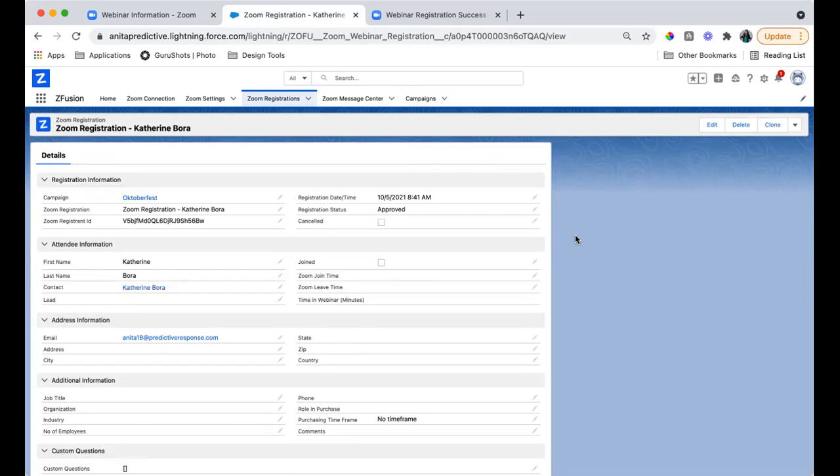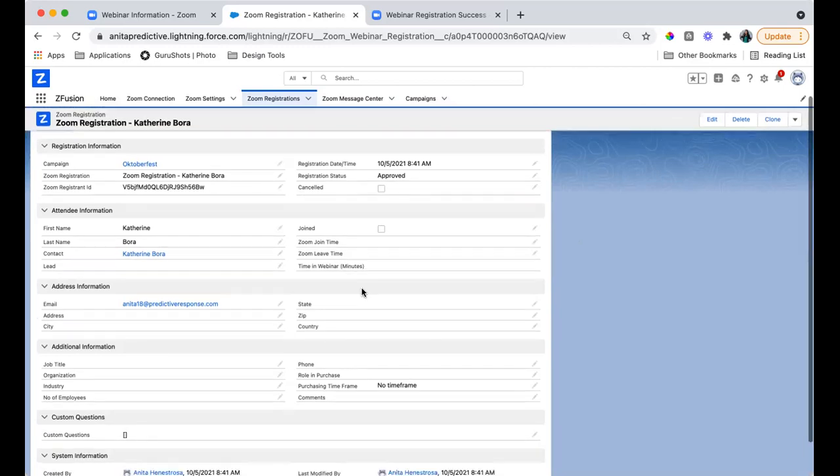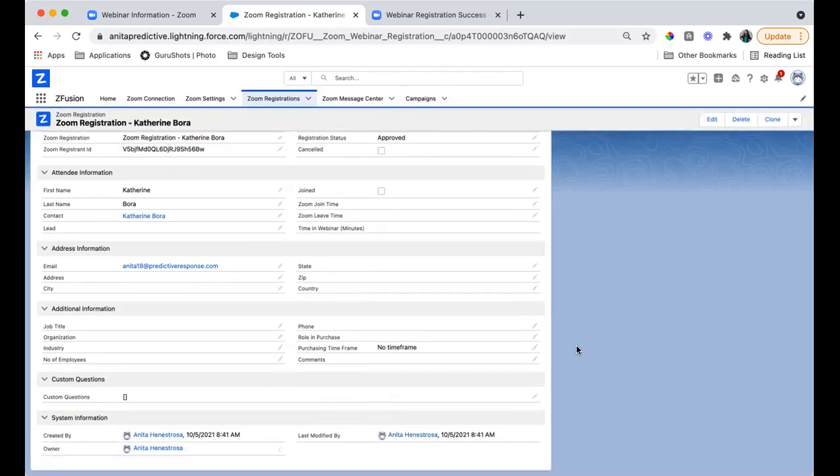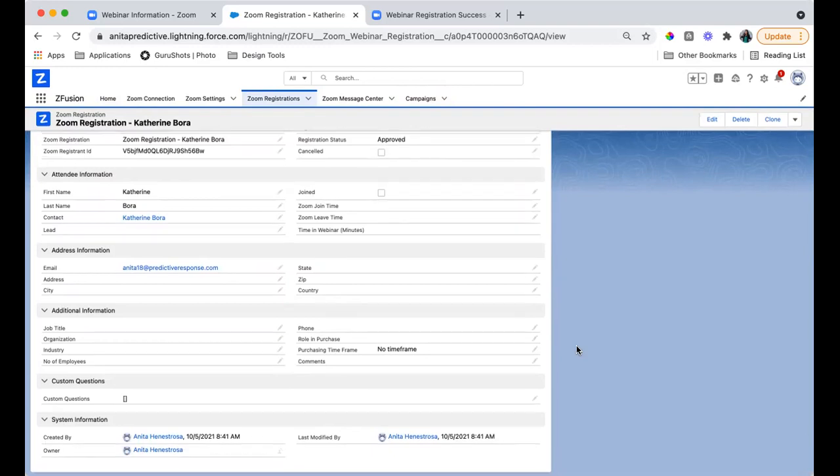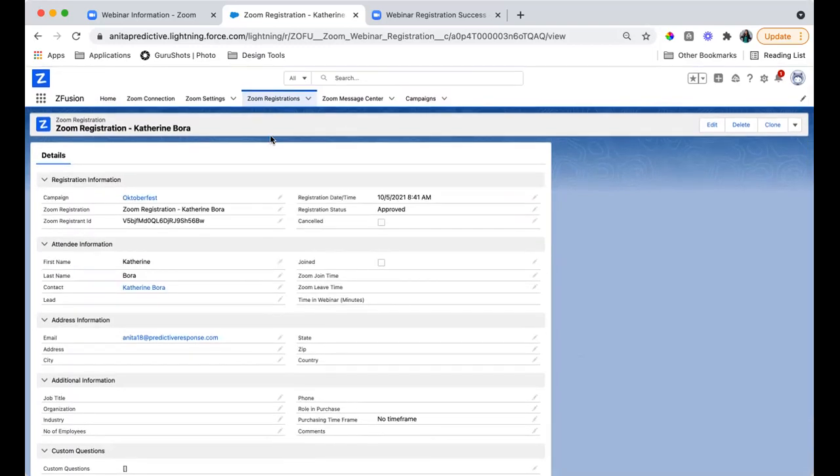on the registration form. So I can see what webinar she registered for, the registration time, all of the attendance information. So once you have the webinar, it will automatically sync if this person joined, the join time and leave time, and all of the additional registration information that she provided during the registration. As you can see, this registration is also tied to the contact or the lead if you have configured it